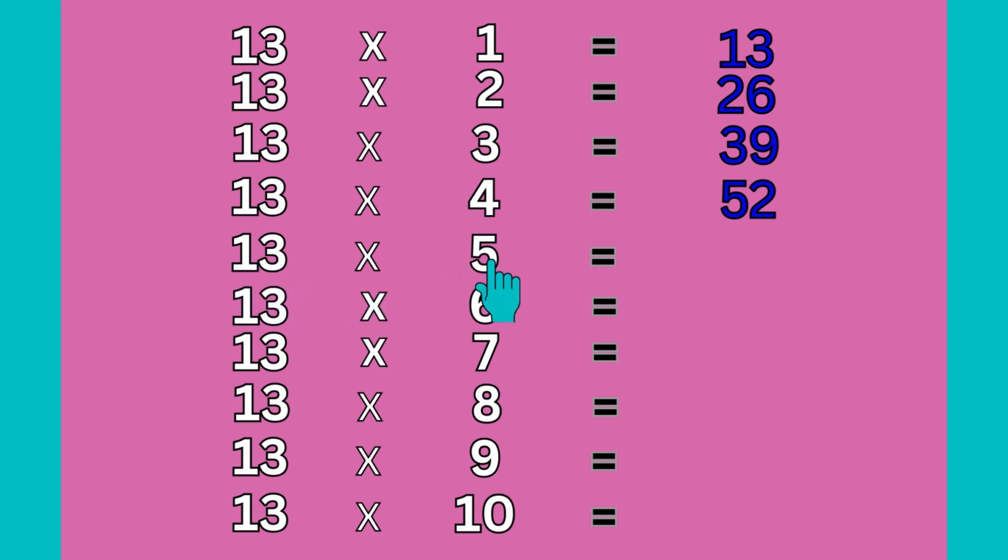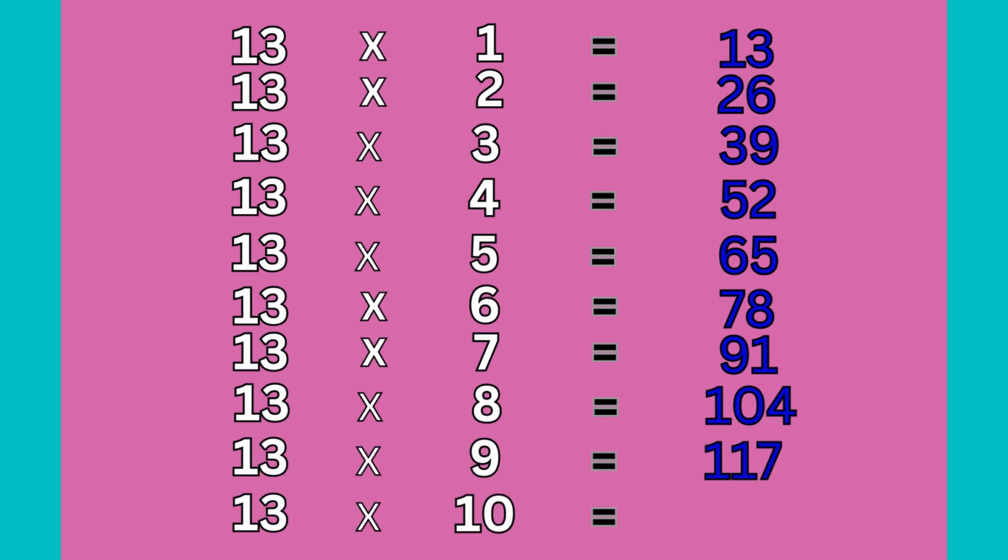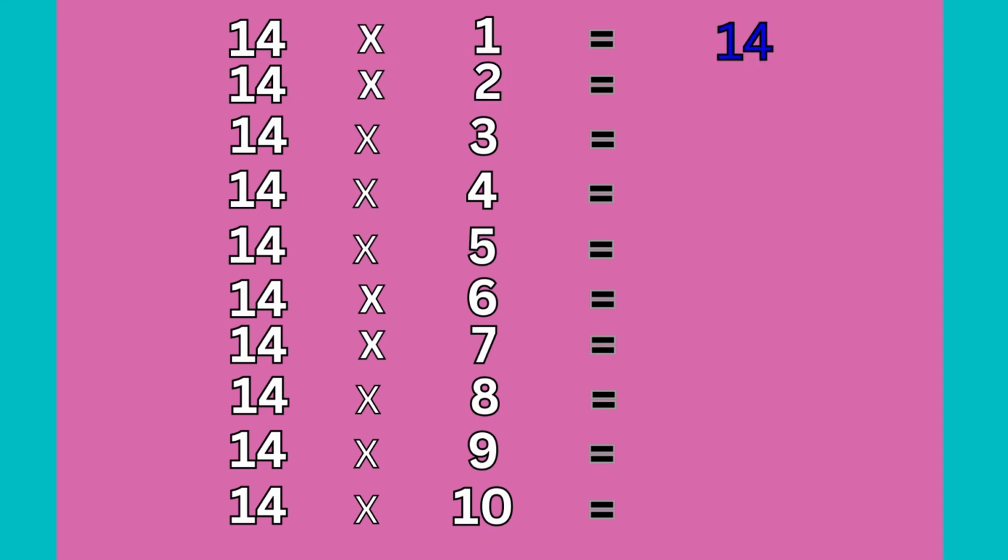13 fives are 65, 13 sixes are 78, 13 sevens are 91, 13 eights are 104, 13 nines are 117, 13 tens are 130. 14 ones are 14, 14 twos are 28, 14 threes are 42, 14 fours are 56,